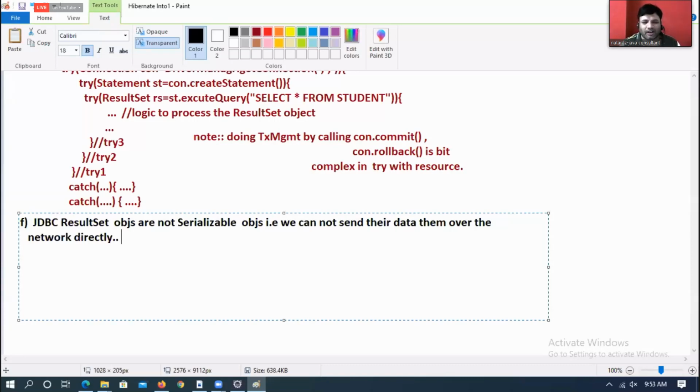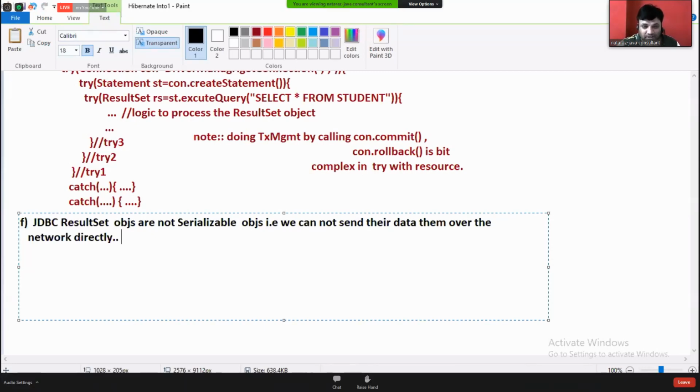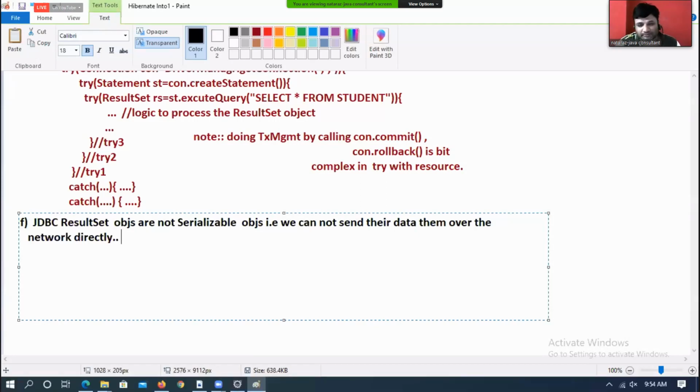Now listen. PayPal people have data collected from the database in the form of a result set. Can I send that result set object over the network here? No. So what should PayPal people do? They should do a lot of conversion in order to send that result set object data to Flipkart.com.